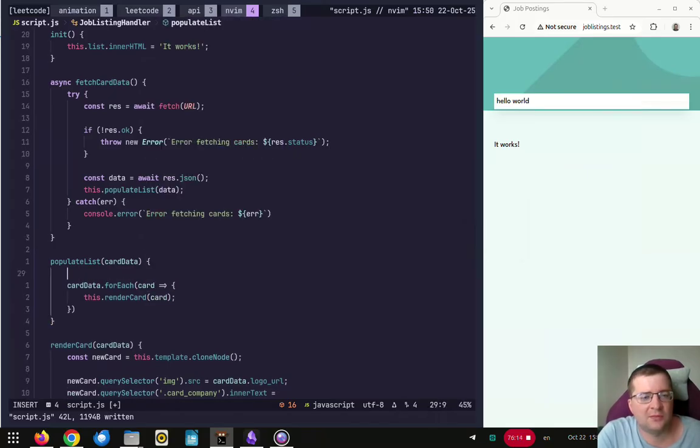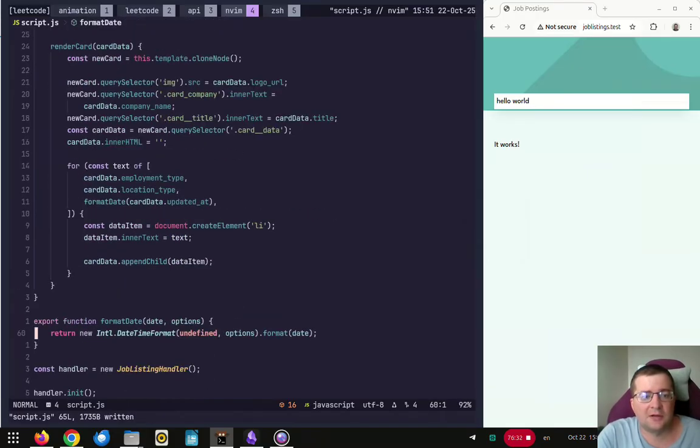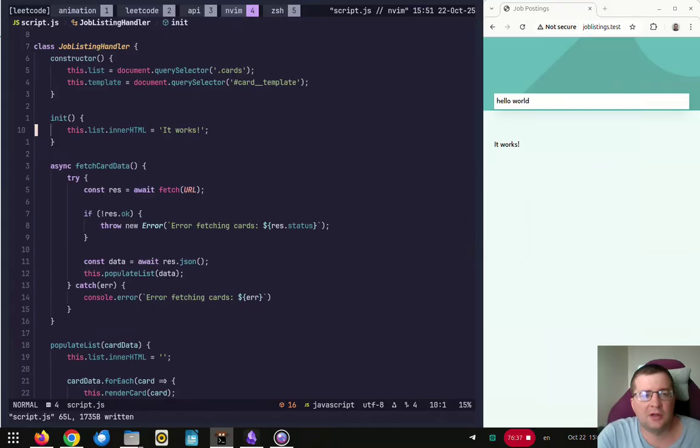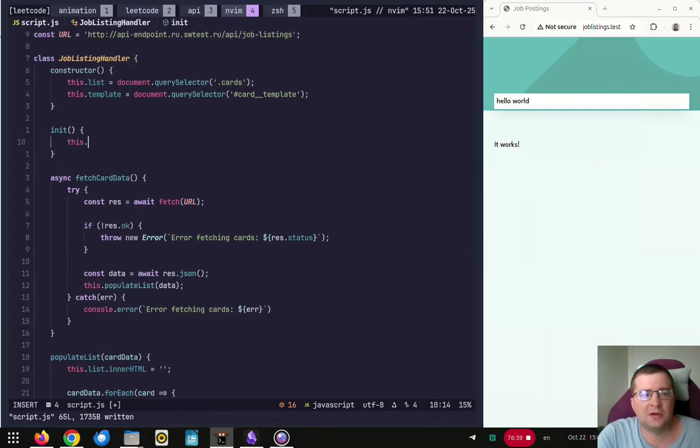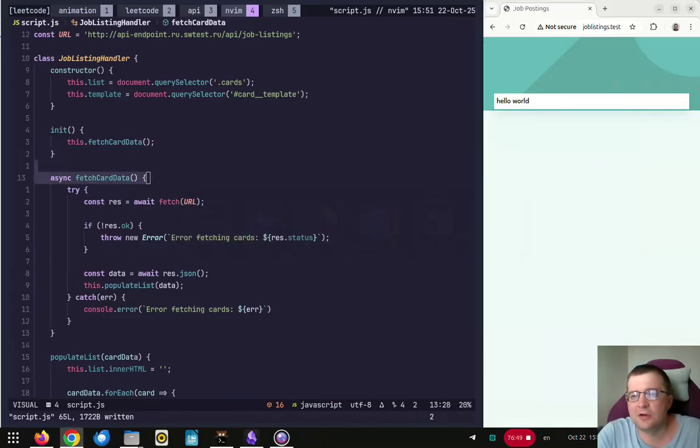That should do the trick, but first we need to remember to reset the list in HTML to 0, because otherwise they're gonna duplicate. So yeah, that thing should actually work. And basically when I make a fetch call, in case of success, that should work,